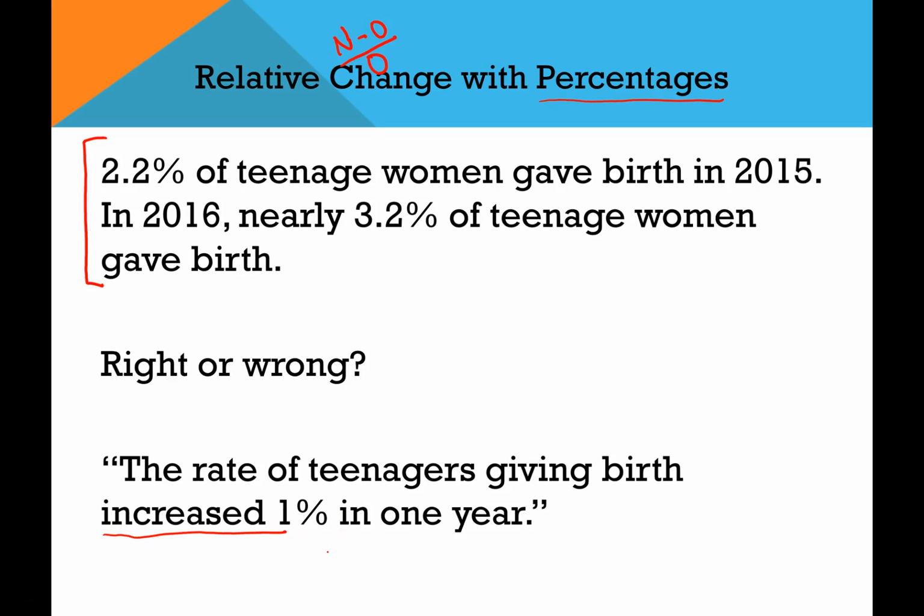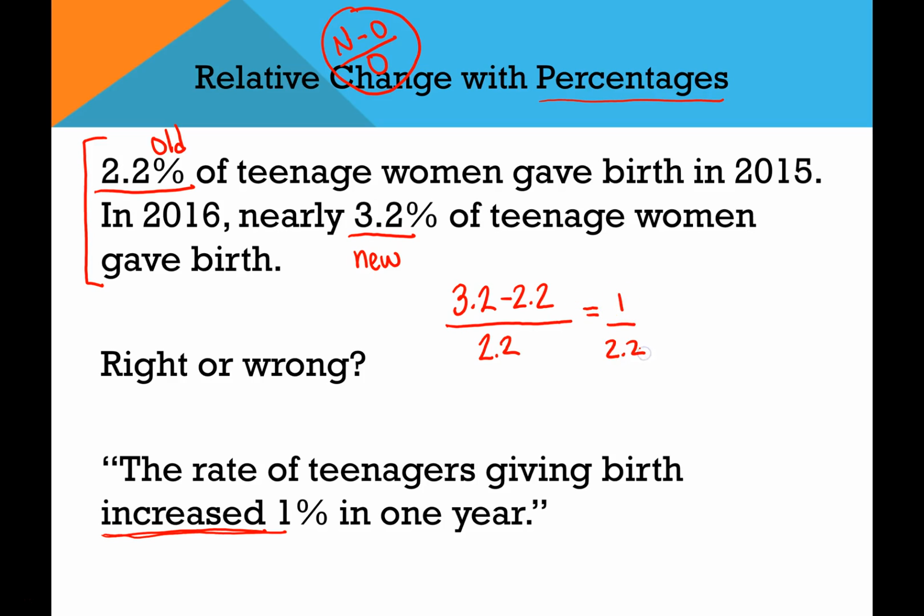Well, if I'm going to do relative change, I have to do new minus old over old. Well, this would be my new value. This would be my old value. So if I'm going to say increased by or went up by, I better be doing the new minus old over old formula. So let's do that now. So that gives me 3.2, that's my new, minus my 2.2 over my old of 2.2. Of course, 3.2 minus 2.2 is 1. 1 divided by 2.2 gives me